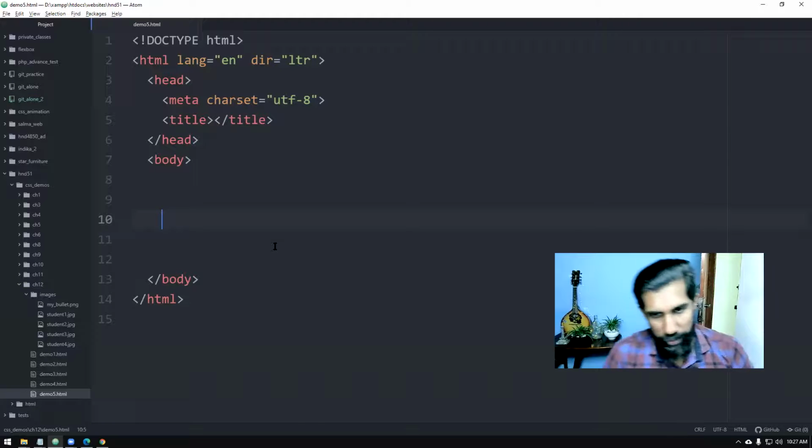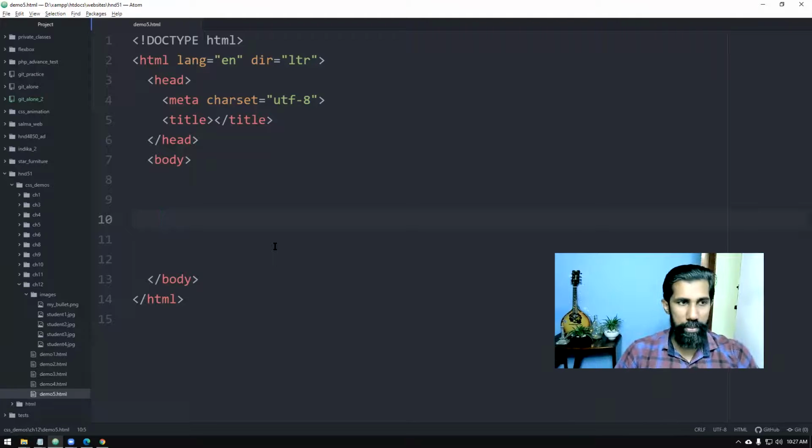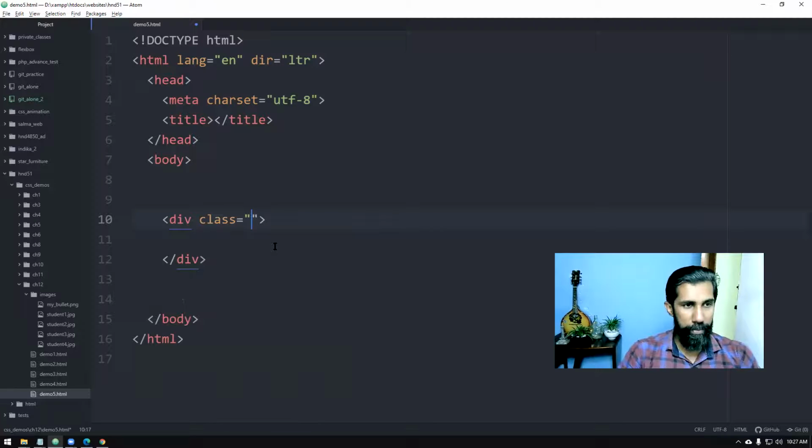The next part, we're going to take a look at how floats work. Okay, so this is an important part. I'm going to build a simple page which will have some content in it, and we will practically make use of this and see how it actually works. All right, let's do it like this. We'll have a div. I'm going to call this one, let's say, news box.